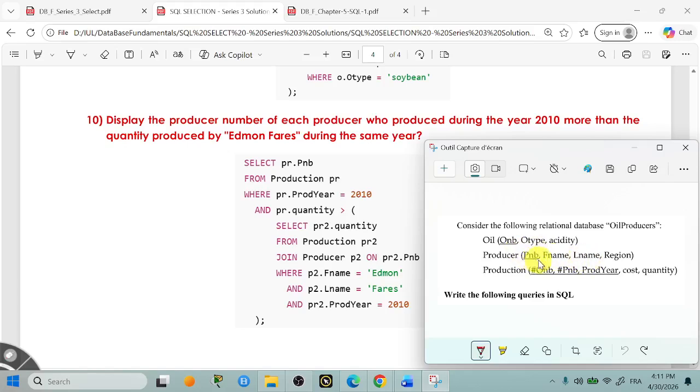So you take the P and P of all with first name last name Edmond and you join them with all these P and P that also have the production year 2010. So you are taking two conditions. From producer, you take first name, last name equal Edmond Ferris. And from production, we also have the production year 2010, right? But you should join them with P and P of producer and P and P of